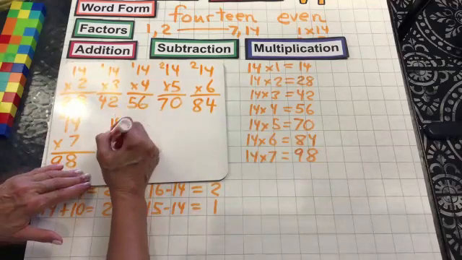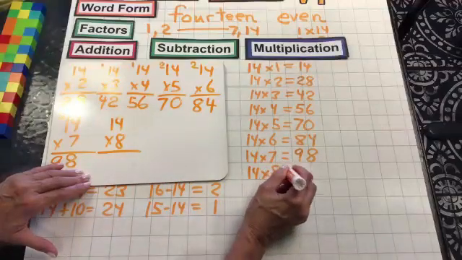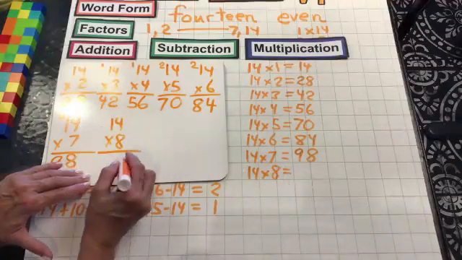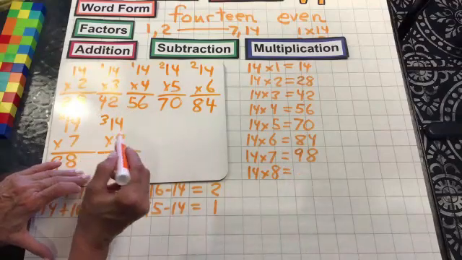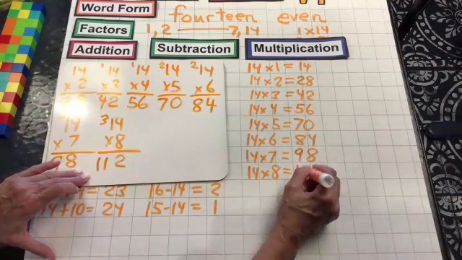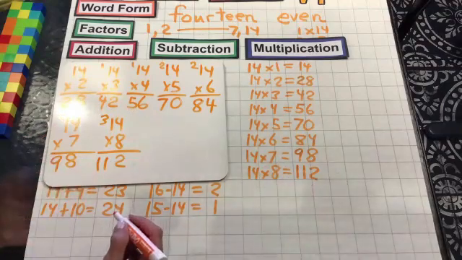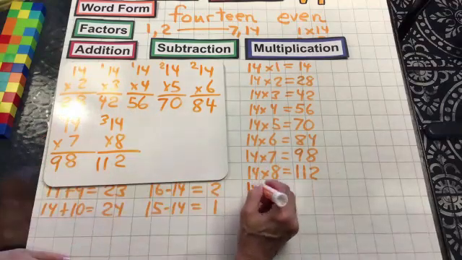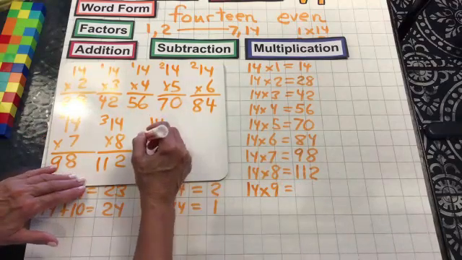Let's go on to 8 14s. 8 times 4 is 32. Drop the 2, carry the 3. 8 times 1 is 8, plus 3 is 11. So knowing our addition as well as our multiplication, we have 14 times 9 equals, come over to our scrap